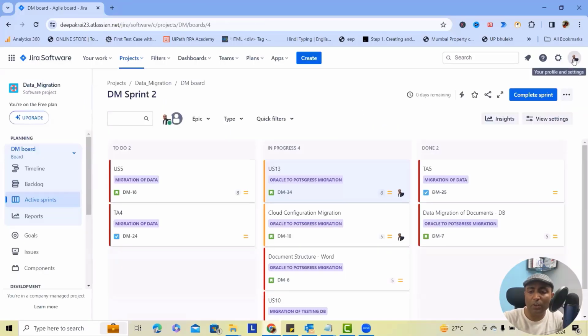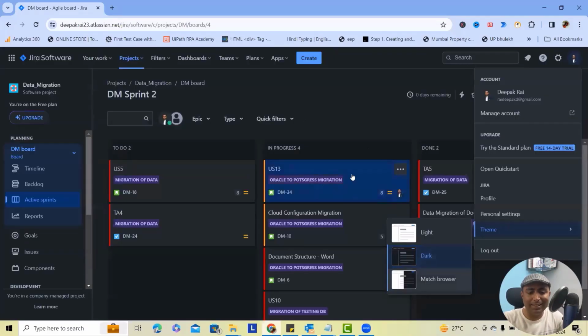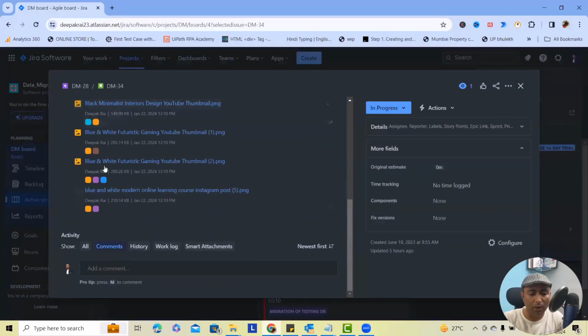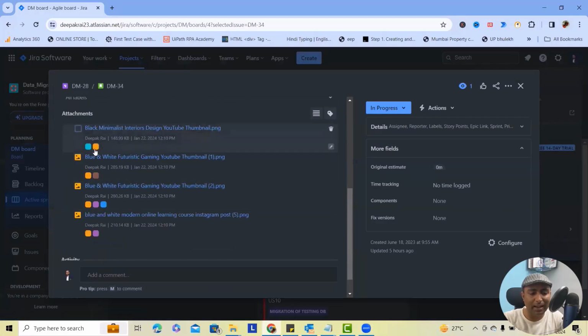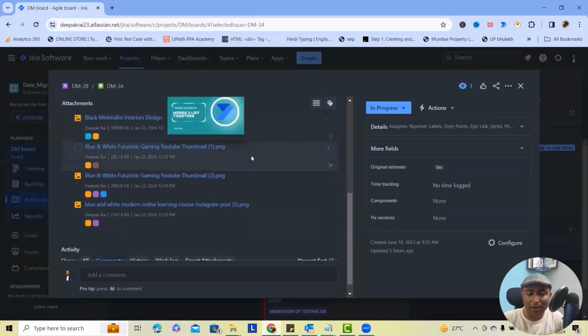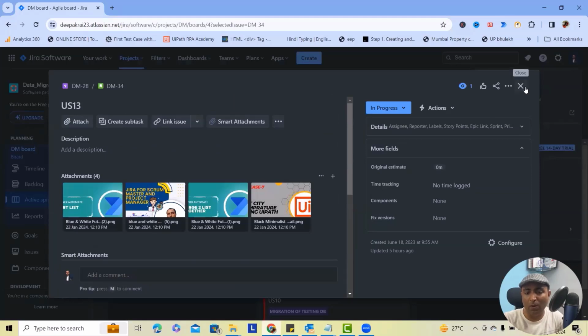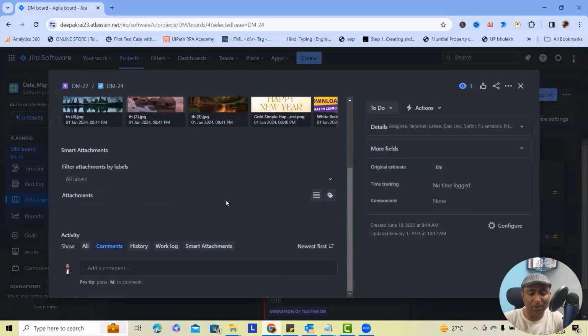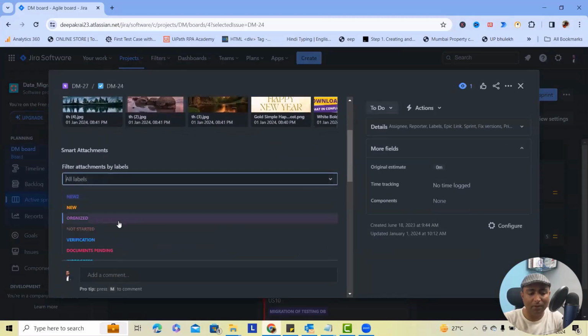Now, if I switch to dark mode here, this is how it looks in smart attachments for Jira, where you can see these attachments highlighted. And when I hover over it, this is how it looks, almost similar to light mode. And you can see an exactly similar interface on issue view of smart attachments. I will open this one as well, and here you can see exactly the same type of label and how it looks